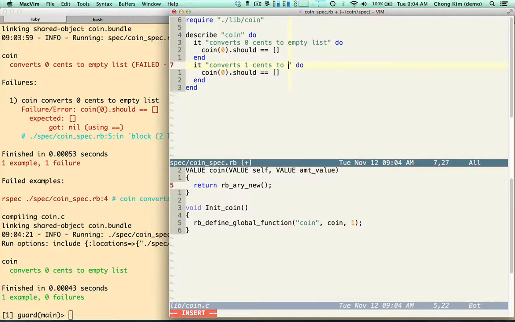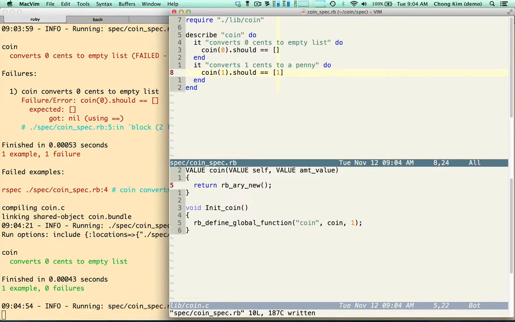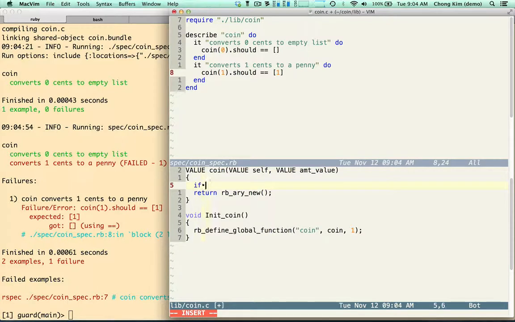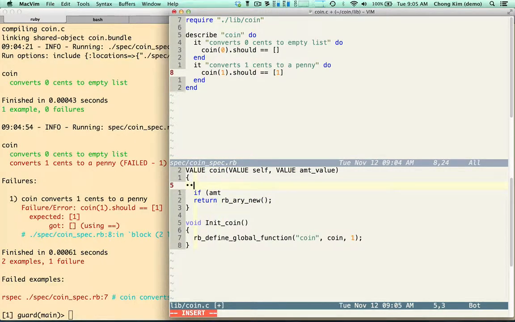Okay, so the next one is converts 1 cent to a penny. So if I pass in a 1, that should just give me a penny. And this should fail. All right, so let's make that pass. We just put an if condition here saying that if the amount, and then we'll just do the conversion. So int amount is equal to num2int of the amount value. And if the amount is equal to 1, then return